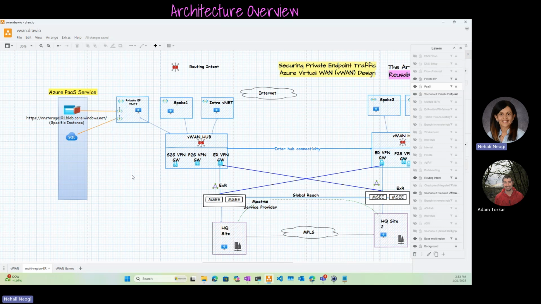The flow of interest for this session is this: traffic will be initiated from an ExpressRoute-connected branch and hitting this private endpoint through the firewall. That's the flow of interest. We want to secure it through the firewall. For this flow to work, like I mentioned in the documentation, there are a few different things to keep in mind. So let's start